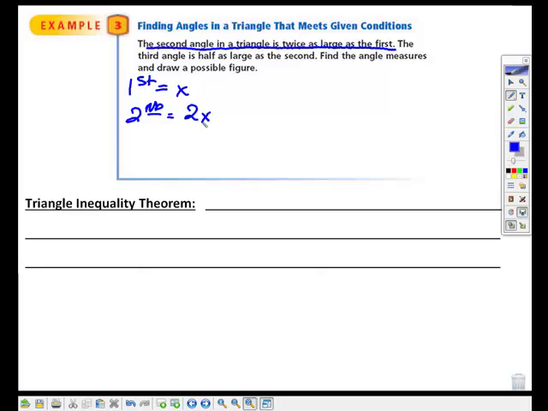If we read on, it says that the third angle is half as large as the second. So our third angle would have to be half as large as the second. That would be a half times the second angle, which was 2x. One half times 2x actually just equals x again. So if we use these three amounts as our angle sizes,